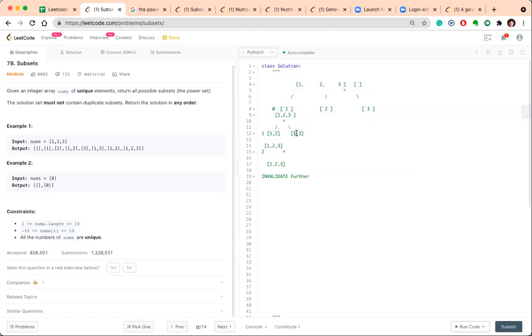So with 1 we choose 1, 3 and 1, 2. With 1, 2 we can only choose 1, 2, 3, because we are reaching the limit. With 1, 3 we have already reached the limit, so there is no path to explore. We will invalidate this case anyway.